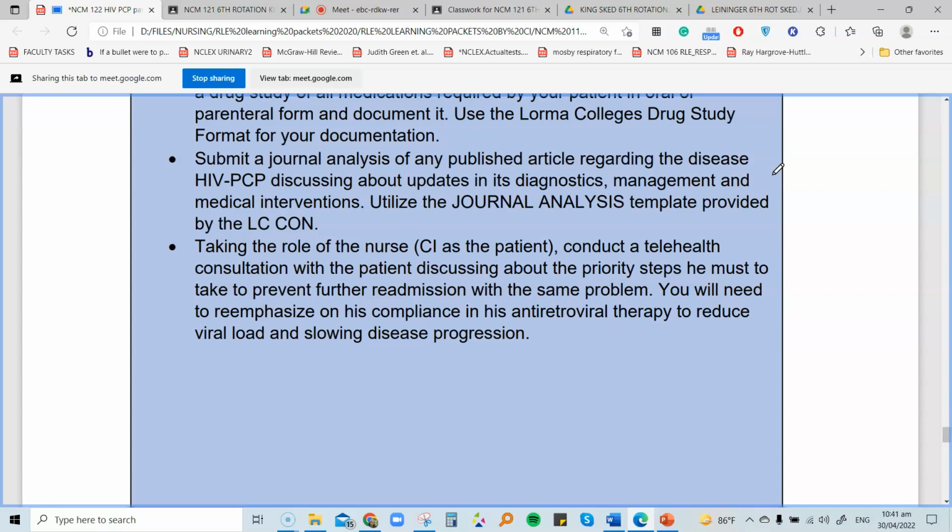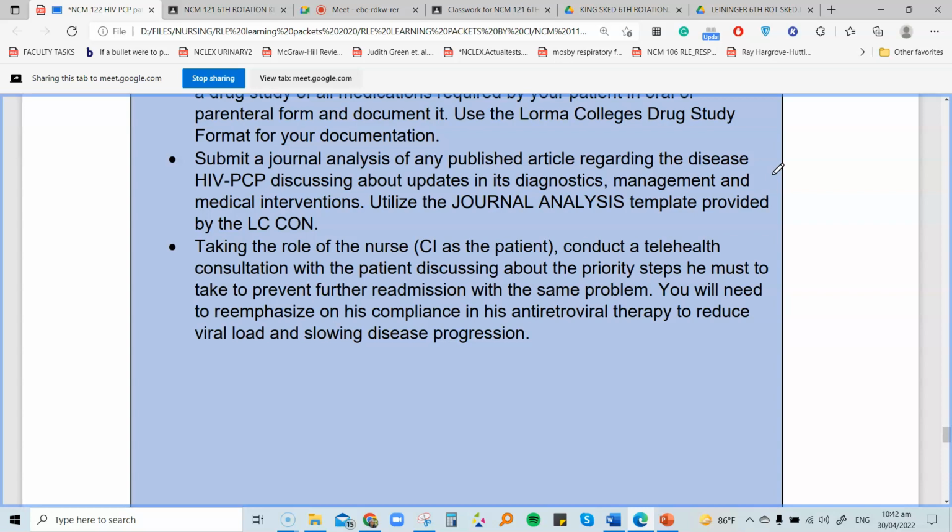There are guide questions for you to actually use in your template for journal analysis. Please utilize that one so that you would easily make your analysis and you could easily make your discussions using those guide questions. You need to relate it to local setting because most of these articles are westernized. Management diagnosis or updates is actually westernized, but you think about what's happening in the local setting and try to relate those updates with our local scenario, our local healthcare system, and how our local healthcare system is actually handling these problems or these particular conditions.